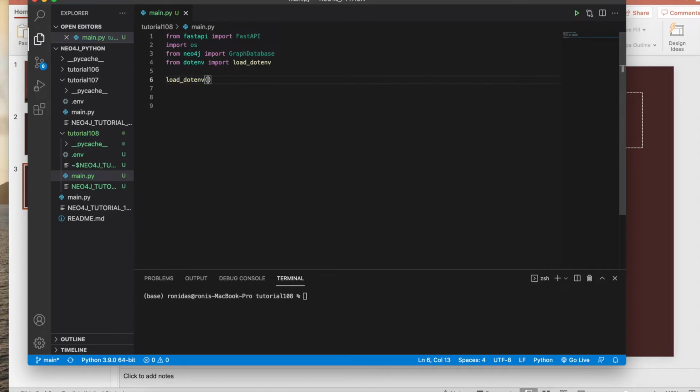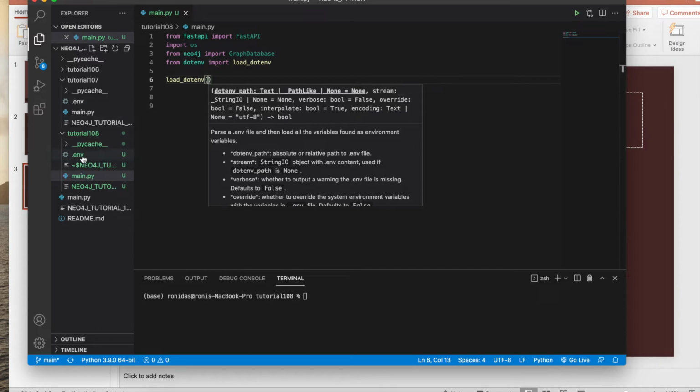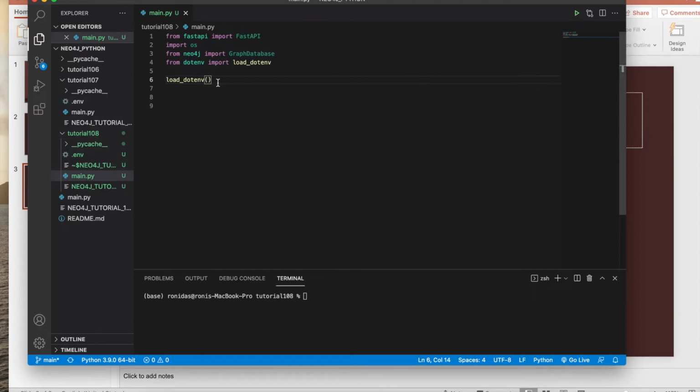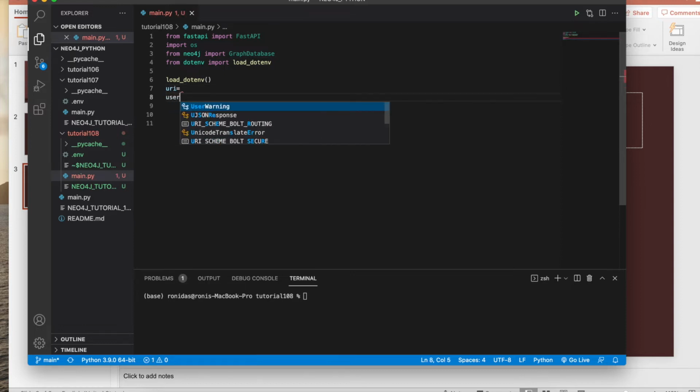So what it will do, it will load that environment variable from the .env file. Okay, so now we have 3 environments actually required, which is already been set in our file. So first thing is URI, then user, then password. So URI is going to be